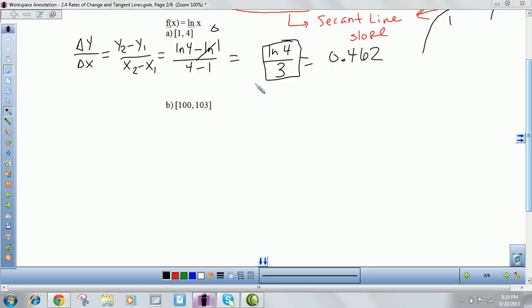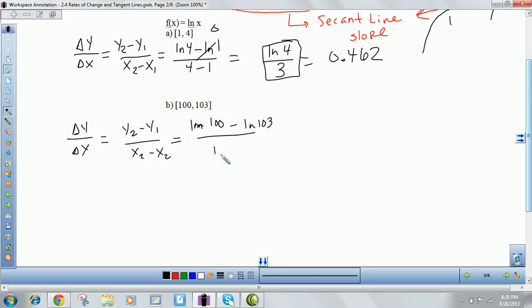0, correct, I heard you all. So anyway, we could check our answer because we know that it should be somewhere around 0. Okay, so we're doing the same thing, but now our x values are different, therefore our y values are going to be different. So it's going to be the natural log of 100 minus the natural log of 103 all over 100